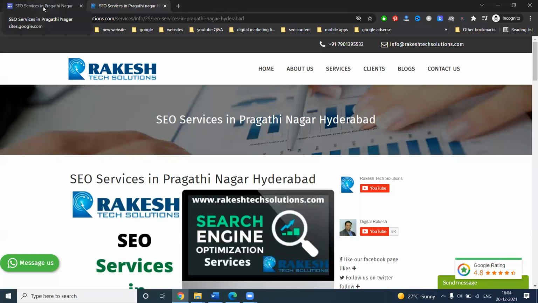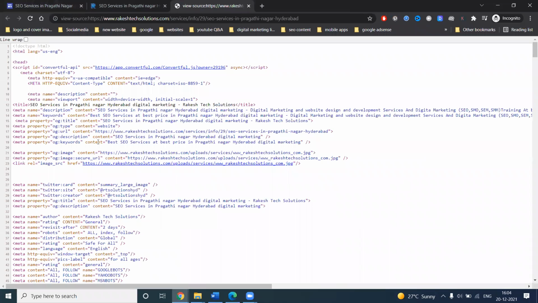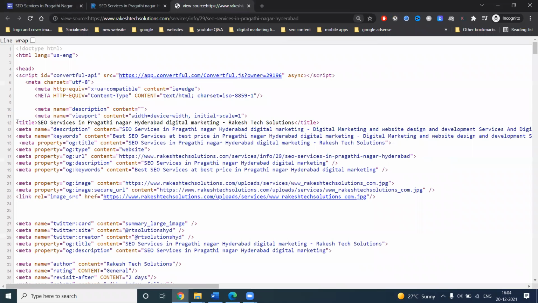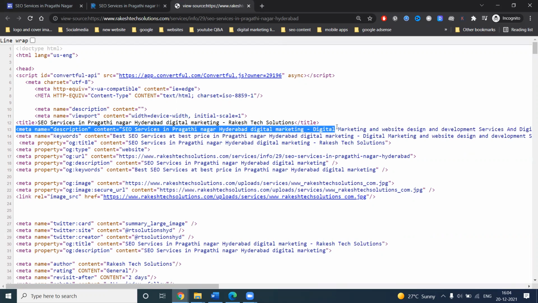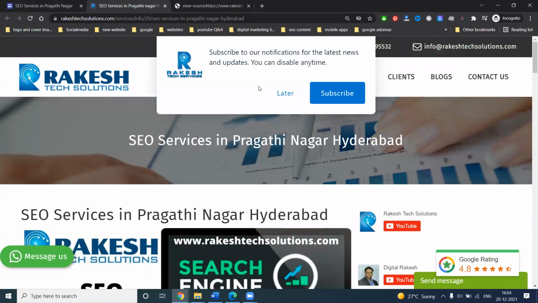What is my keyword? SEO services in Pragati Nagar. When I press Control U, see this one. This is the title and this is the description. So I can use a proper description here, which has a big impact in diverting traffic to the website. It generates two ways on the Google side.